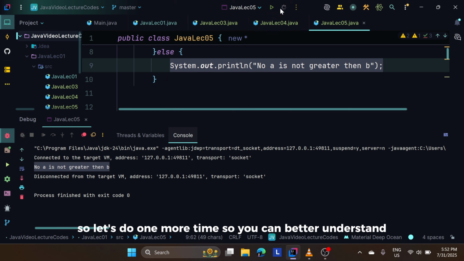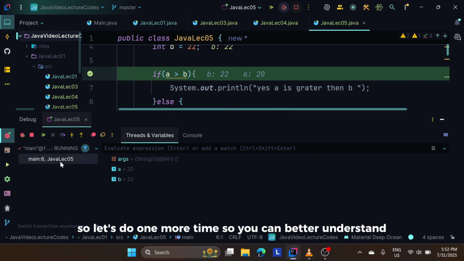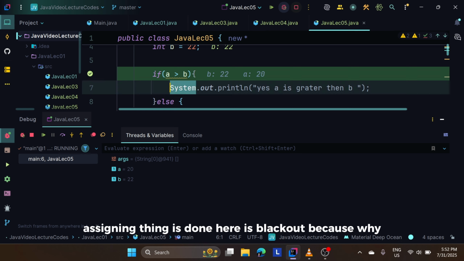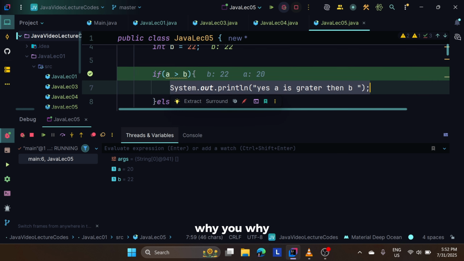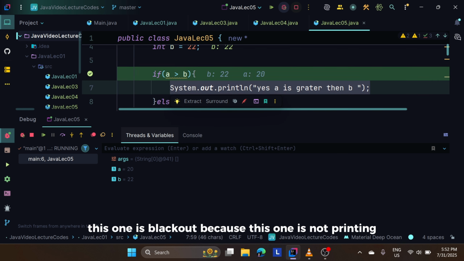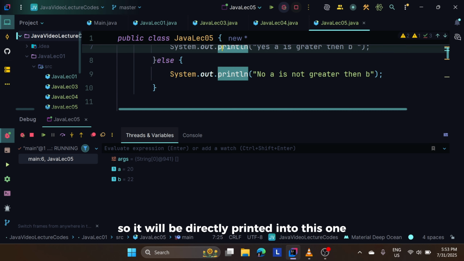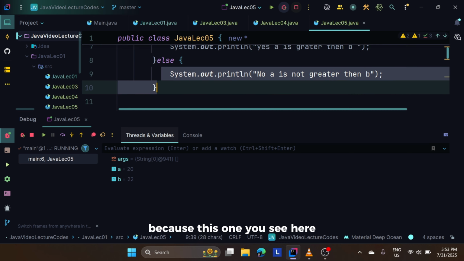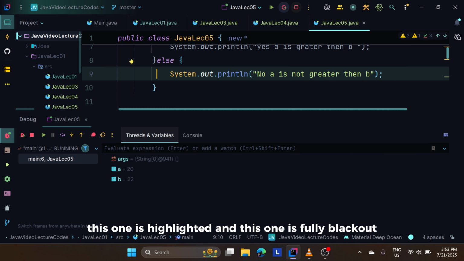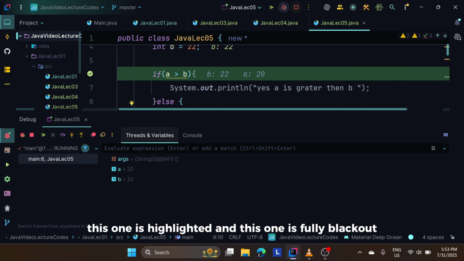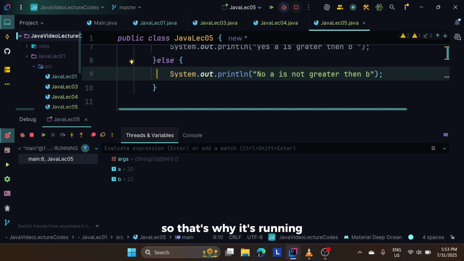So let's do one more time so you can better understand. Here the assignment is done. Here it is blacked out, because this one is not printing here. Yes, a is not greater than b, because it's blacked out, because this condition is false. So it will print directly into this one, because you see here, this one is highlighted and this one is fully blacked out. So that's why it's running this else block only,